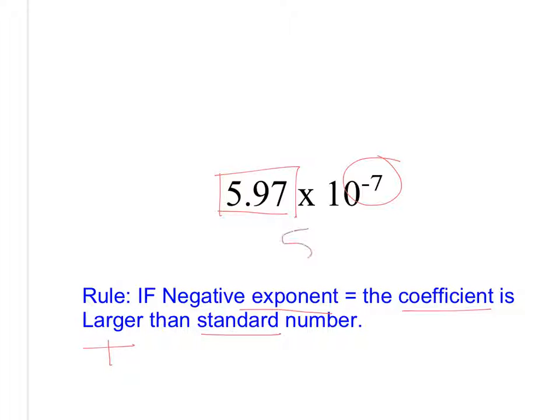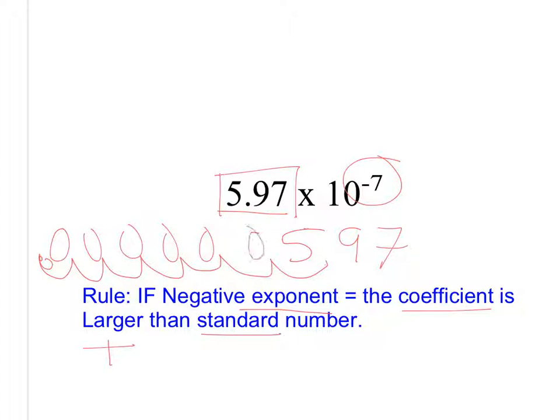So we start 5.97. We know our coefficient is larger than the standard number, so in order to do that, we would have to move this 3, 4, 5, 6, 7. That's our new decimal place, and then we put in our zeros. So we'll have 6 zeros, and then we can write that new number